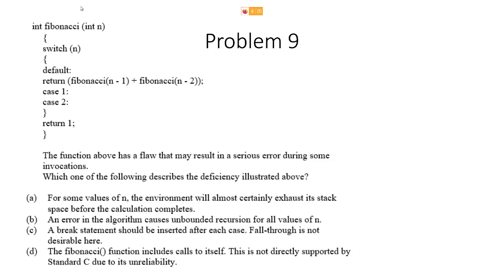So now you're again coming back here. Then you're saying, okay, what is Fibonacci of 9? You again go to the switch, which is 9. So you again go to default, which is saying, okay, what is Fibonacci of n minus 1, which is, what is Fibonacci